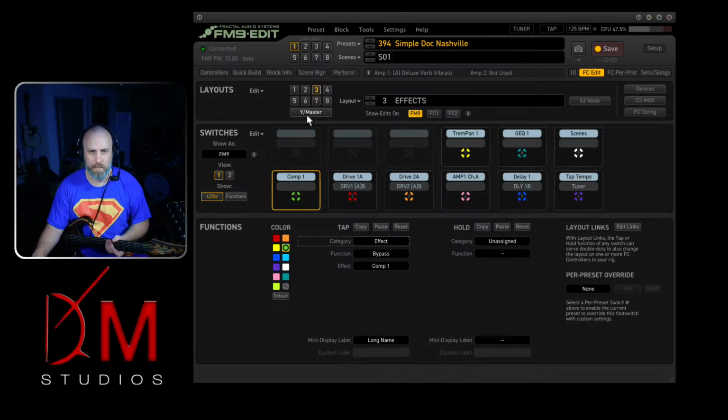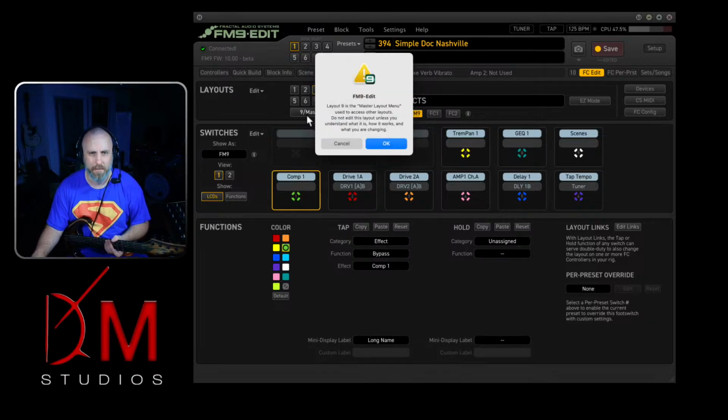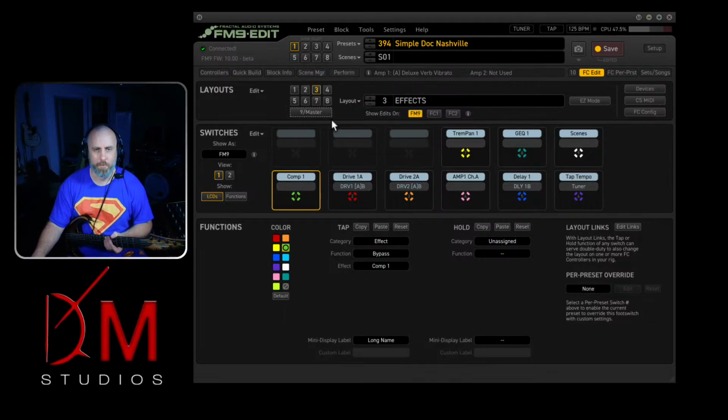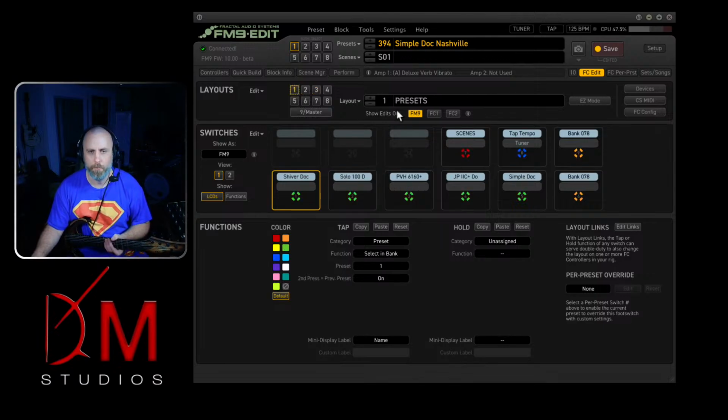And there are technically, what's 9 here? Layout 9 is the master layout menu used to access other layouts. You do not edit this layout unless you understand what it is, how it works, and what you are changing. Yeah, I don't want to do that. That's perfectly fine. So number 1, this shows you all your presets